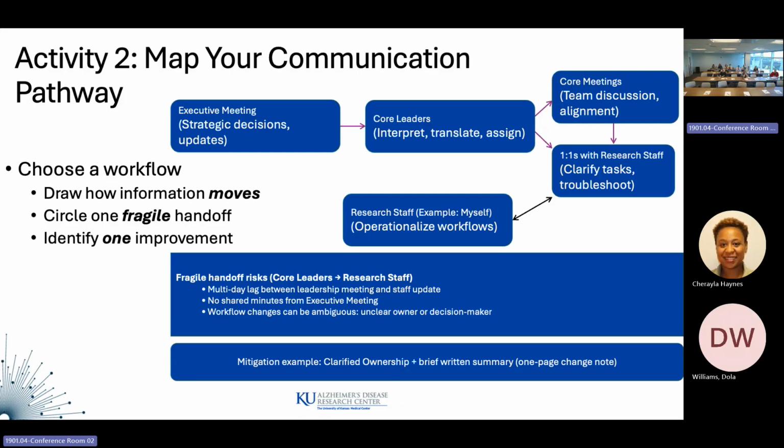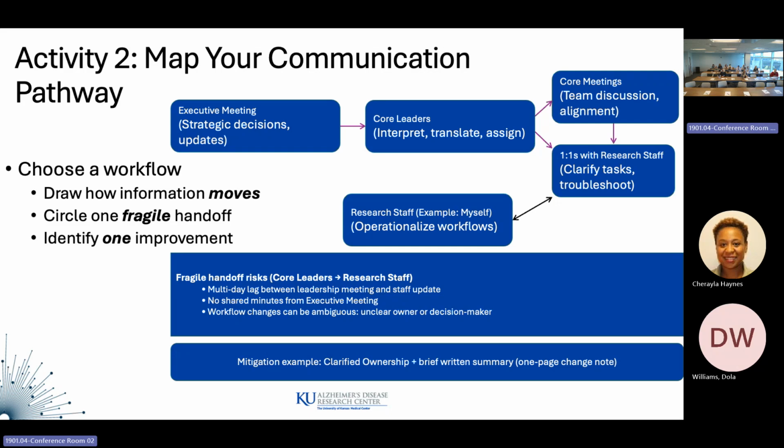There's time between each of these meetings. If something's decided, do I go based off of date? What was decided most recently? Well, you said in the one-on-one that my coworker was responsible for this, but now in the core meeting, I'm responsible. This is where problems tend to arise, and I'm speaking from experience.